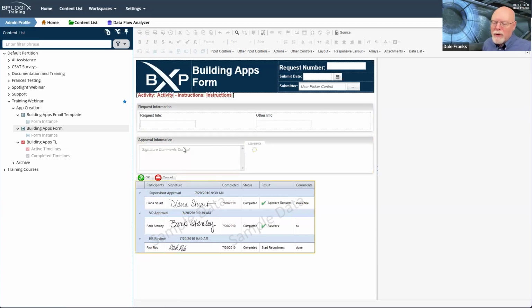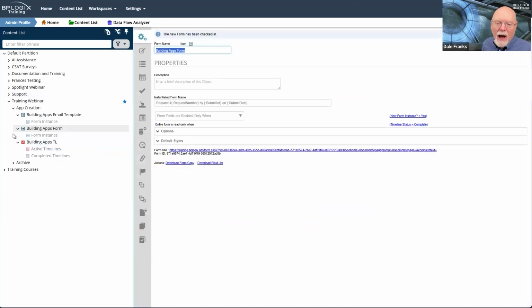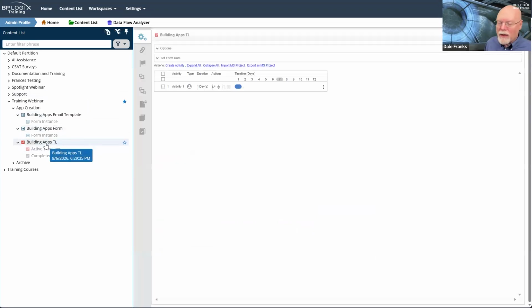Now, one of the reasons why I use an application stub that already has all the basic stuff in the form and all the basic stuff in the process timeline already configured is because I don't want to do all the stuff I just did on the form every time I create a form.